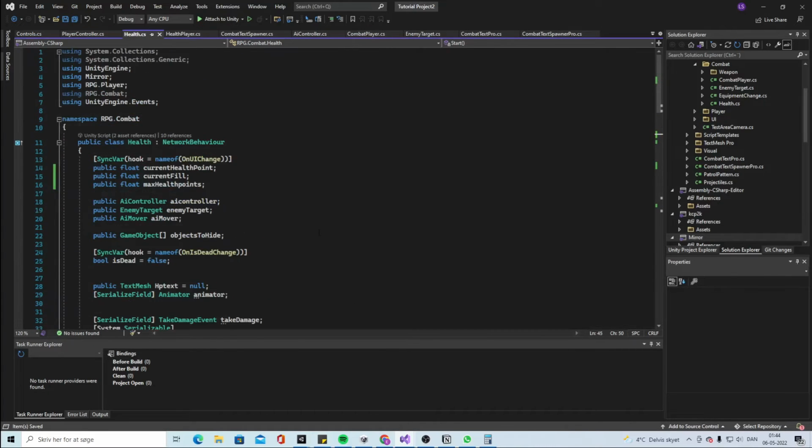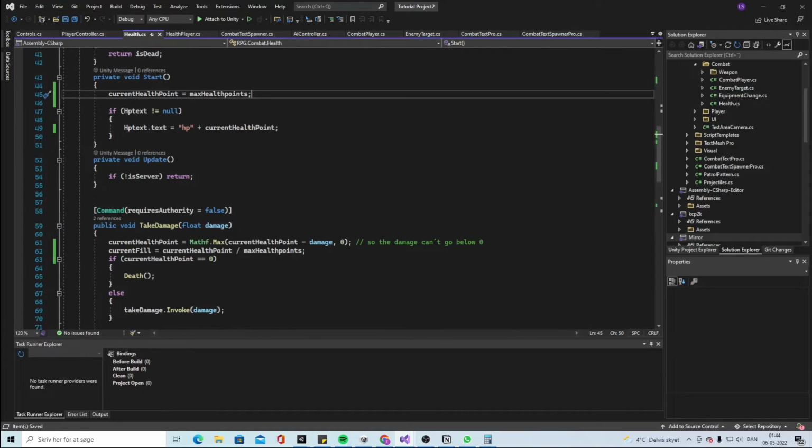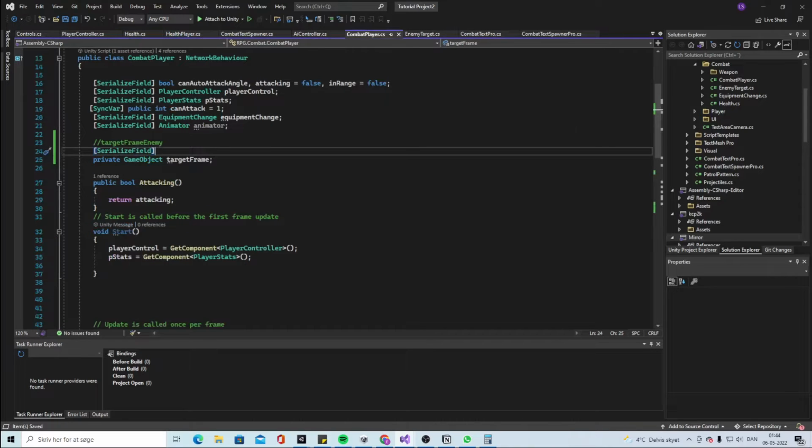And I think from there we can actually start to work on the UI, because now we are calculating all the variables. So let's go into the combat player here, and let's work on the target frame instead. And we're gonna need some new objects to control on the target frame. So we want to control serialized field private